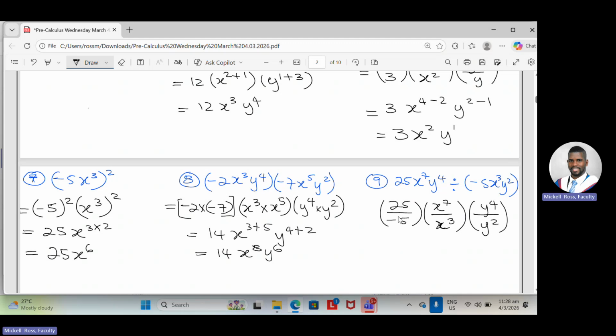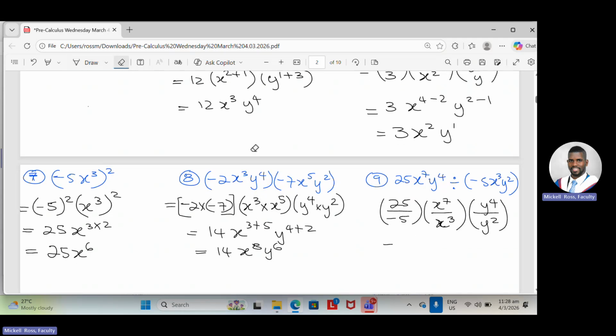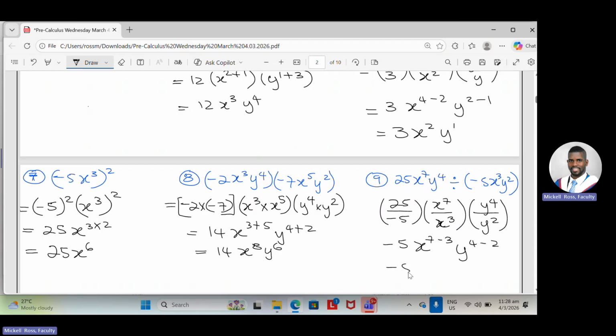So this is going to give us -5, because we have a negative dividing the positive. And then this is going to give us x to the 7 minus 3 and y to the 4 minus 2. So it's going to be -5 x to the 4 y squared. So that's how we would go about simplifying